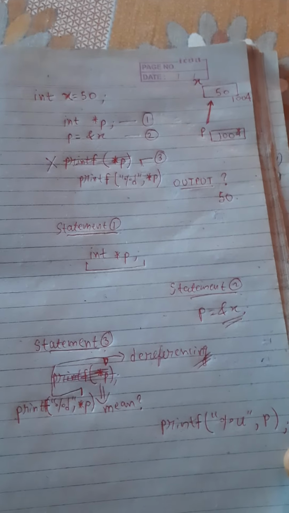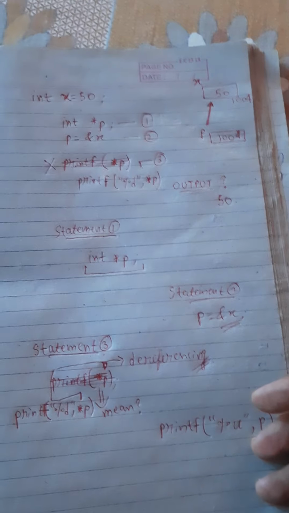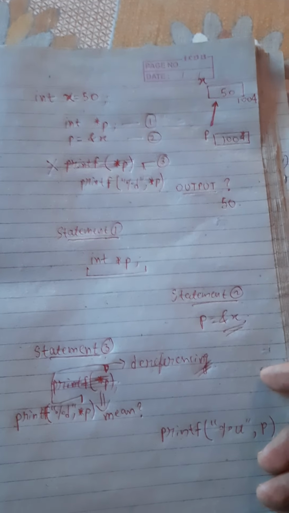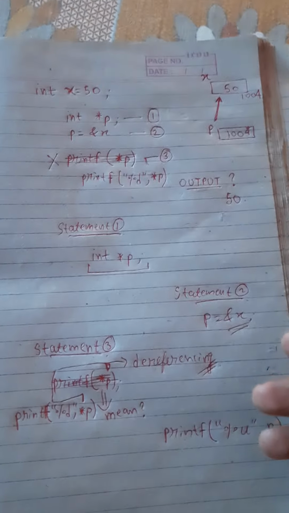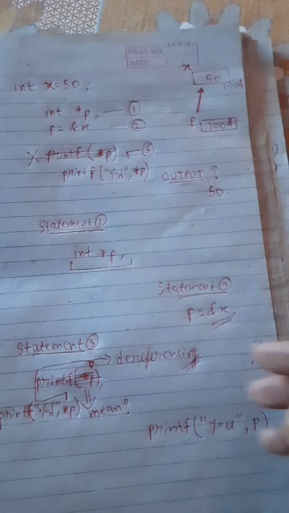In the next video we'll do some more examples of this kind of pointers, and I'll be explaining even how pointer arithmetic works, because arithmetic means plus, minus. In case of normal numbers it is addition, subtraction, but in case of pointers it has a separate, different logic.